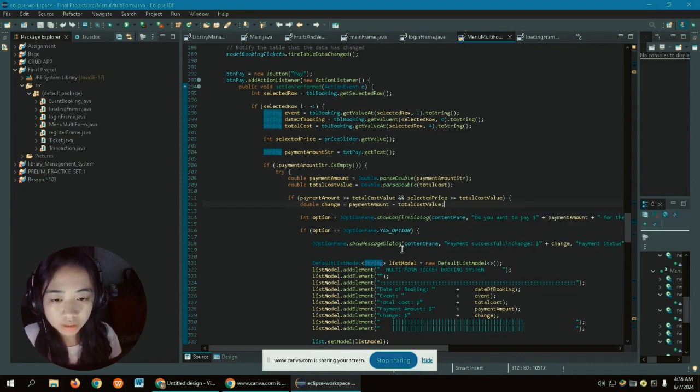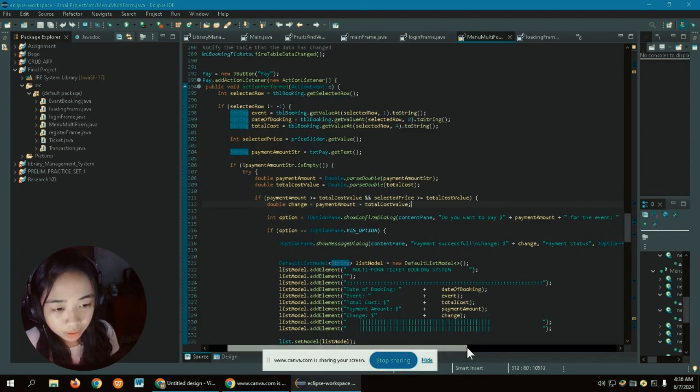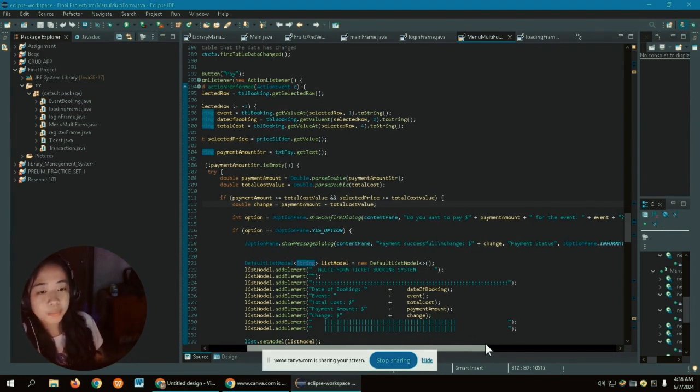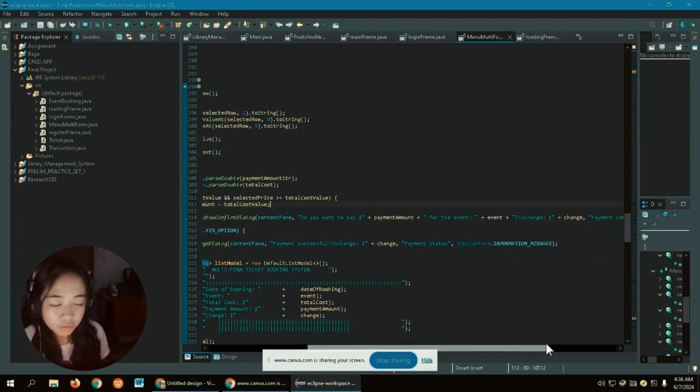And then this right here is the showOptionDialog for pay, a confirmation dialog asking the user if they want to pay this amount. It will show the amount the user has purchased, the event that is booked, and it will show the change.